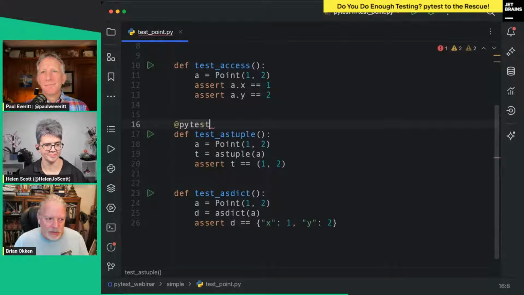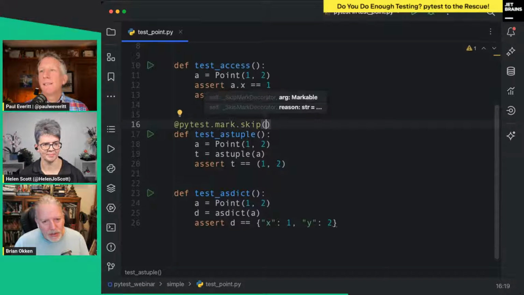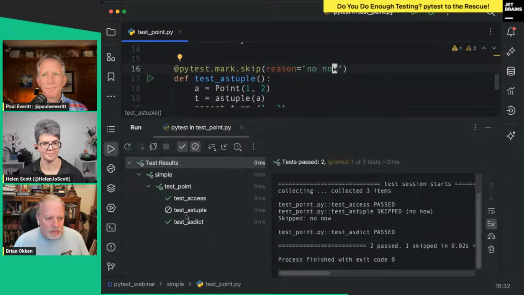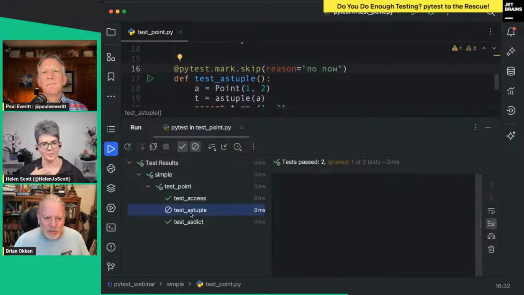So you can just say PyTest. Is it mark skip? I think it's mark skip. Mark skip, yeah. But you've got to import PyTest. Okay, caught up. I always want to do a reason. So I always like to add one. You can just skip it, and that'll work. But you should remind yourself why. So just give it a reason equals something like not now, whatever. Yeah, right. And then when you run the whole thing again, it still shows up. It's just shown as not run because it's skipped, and you can see why.